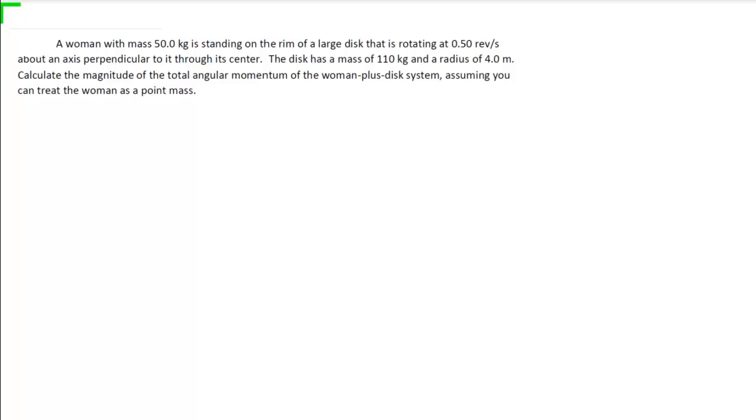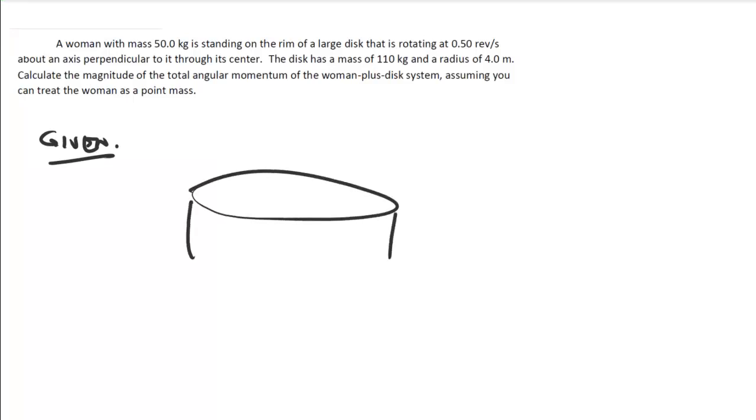All right, now let's take a look at angular momentum. So what we have here is a turntable or a large disk or something like that, and there is a lady standing on it over here, standing on the edge, and the mass of the woman is 50 kilograms,